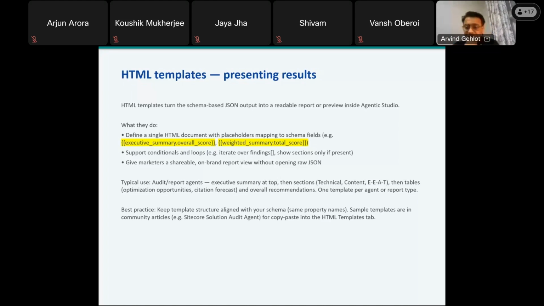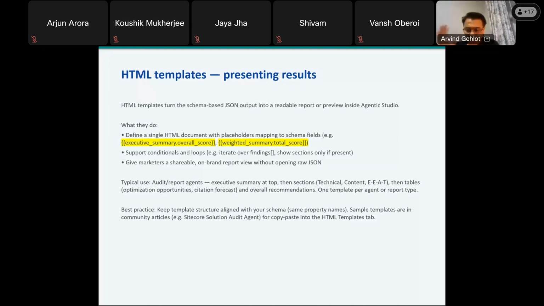In practice, audit and report agents often have the executive summary at the top, then sections of technical content, then a table for optimization opportunities and citation forecast, and finally the overall recommendation. So typically